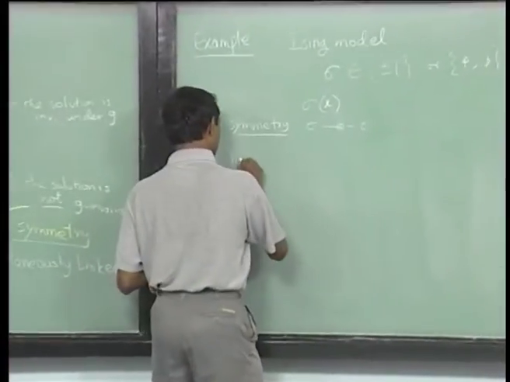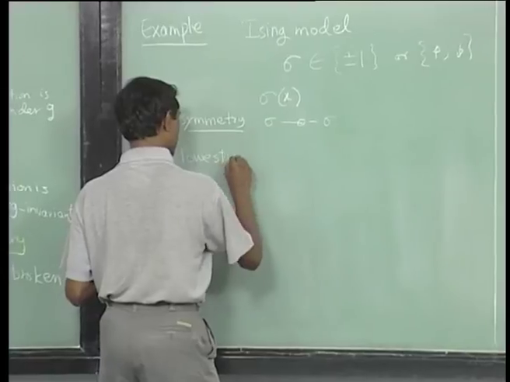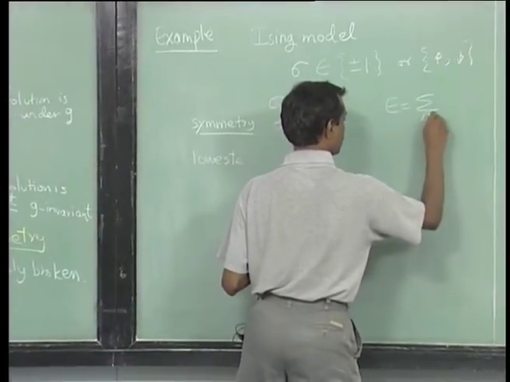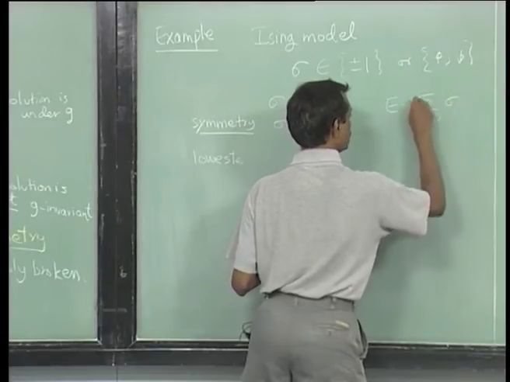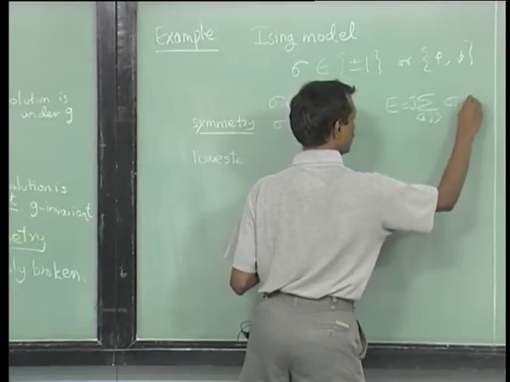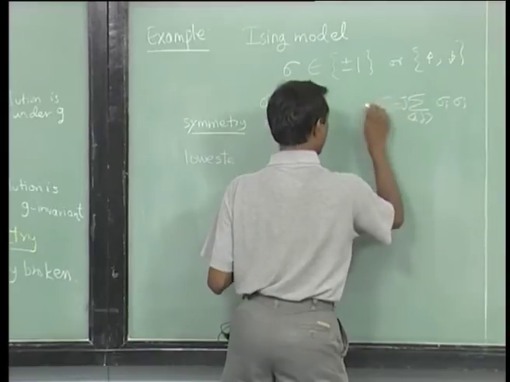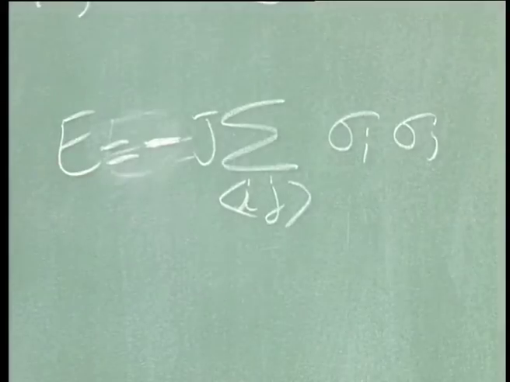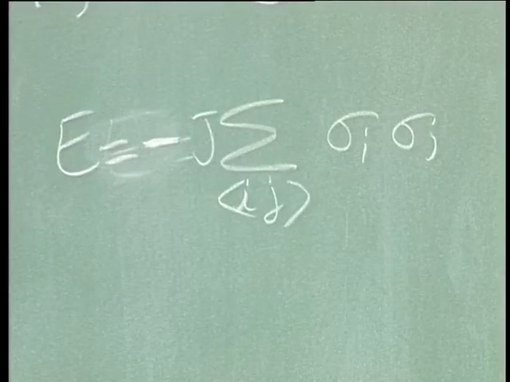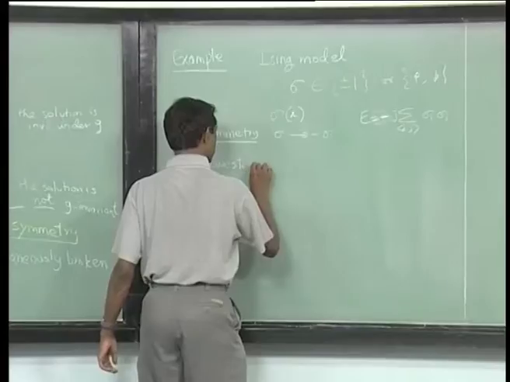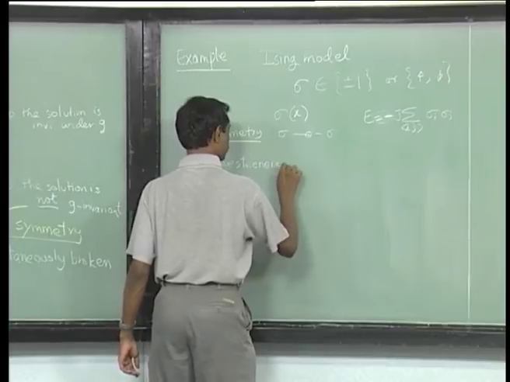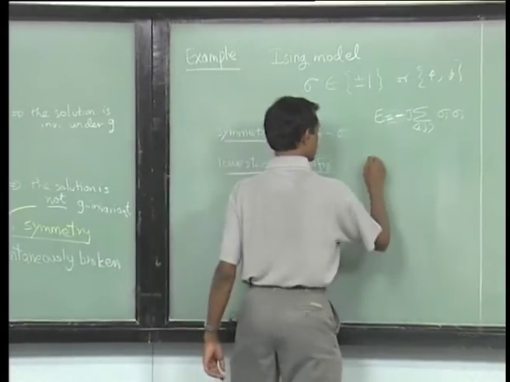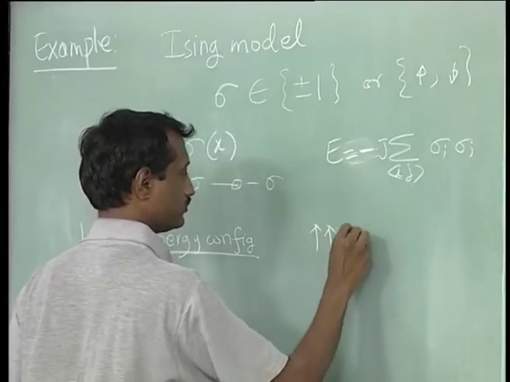The energy is, on the lattice, a sum over nearest neighbors of J sigma_i sigma_j. I should put a minus sign so that parallel spins become the lowest energy configurations, which is to have all of them lined up